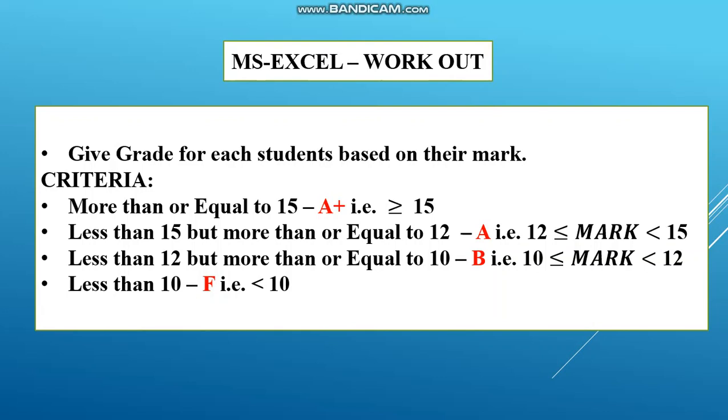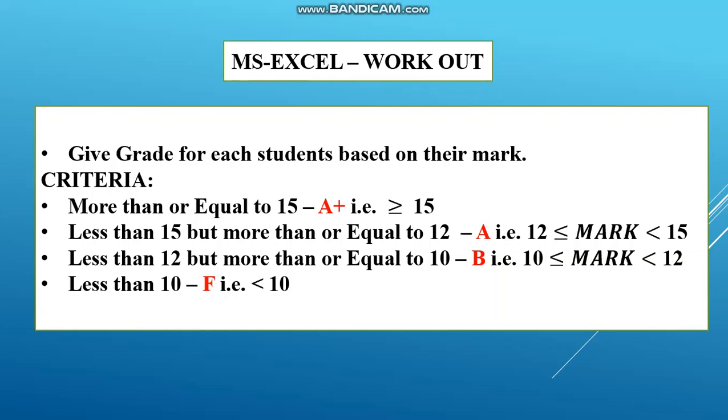The second output is that we want to give a grade to each student based on their mark. If a student got more than or equal to 15, you give A plus.